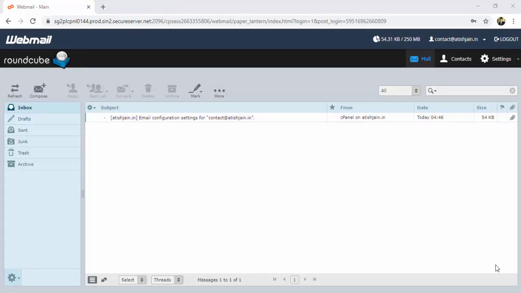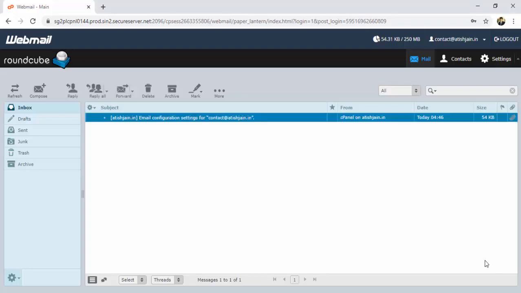So instead of logging into our webmail every time, we can connect this particular business email with our regular Gmail ID. From Gmail only we can access this email ID, and that is the second step. Now we'll see how we can connect this business email with our regular Gmail.